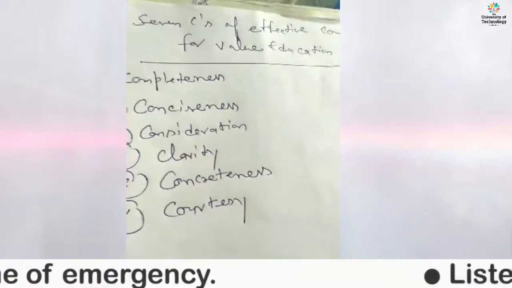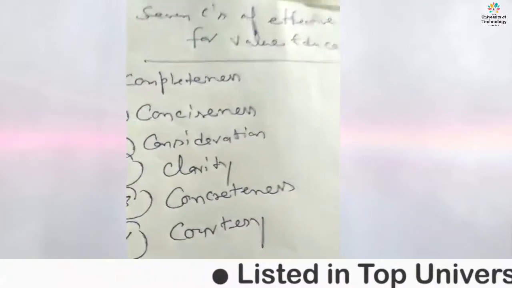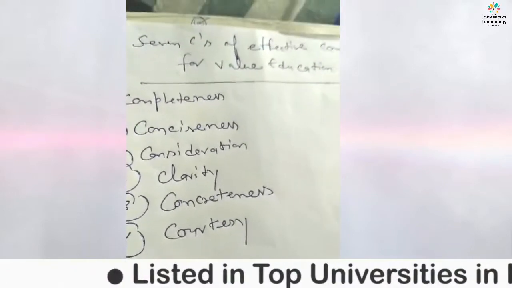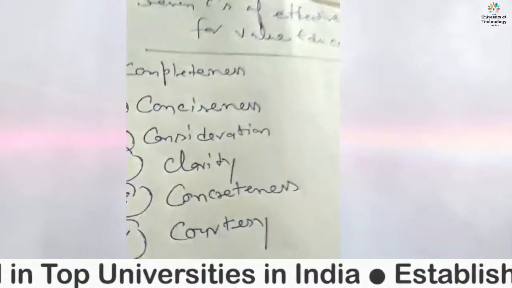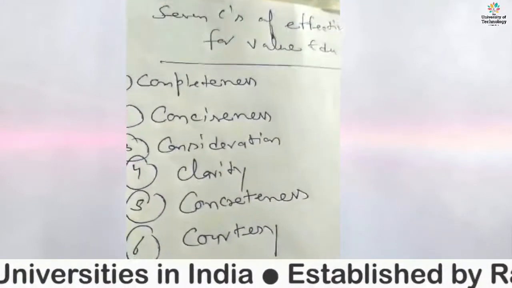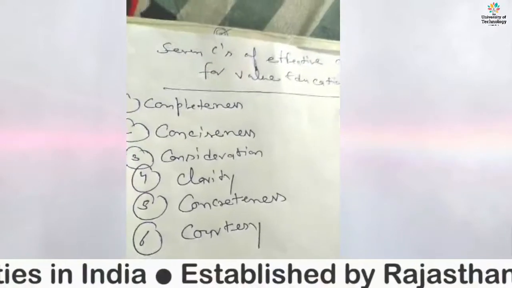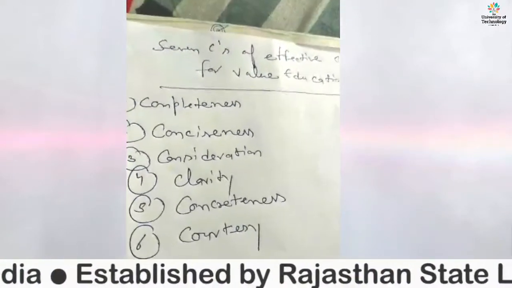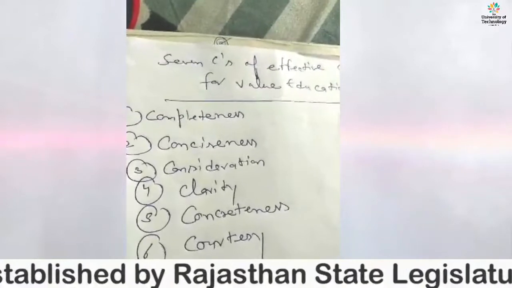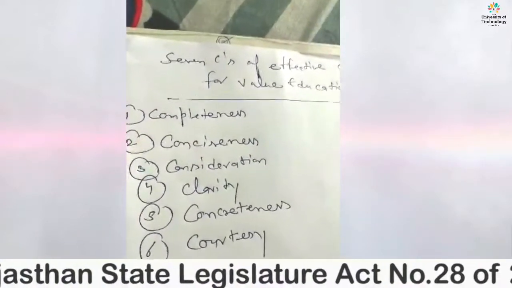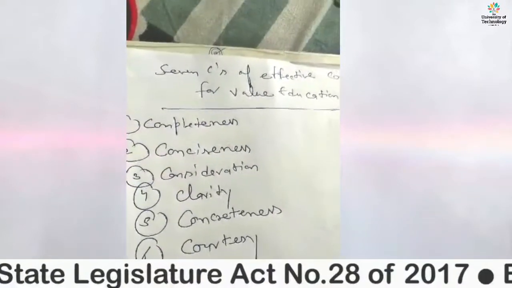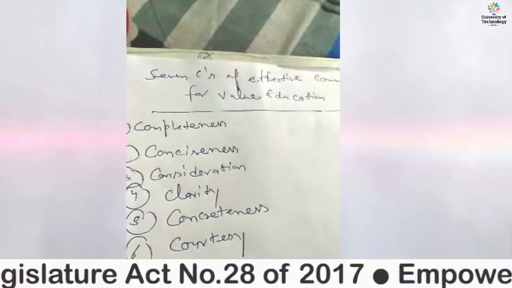Next, courtesy. Courtesy in a message implies the message should show the sender's expression as well as respect the receiver. The sender of the message should be sincerely polite, reflective, and enthusiastic. So courtesy implies taking into consideration both the viewpoints as well as the feelings of the receiver of the message. A courteous message is positive and focused at the audience. It makes use of terms showing respect for the receiver of the message. It is not at all biased.